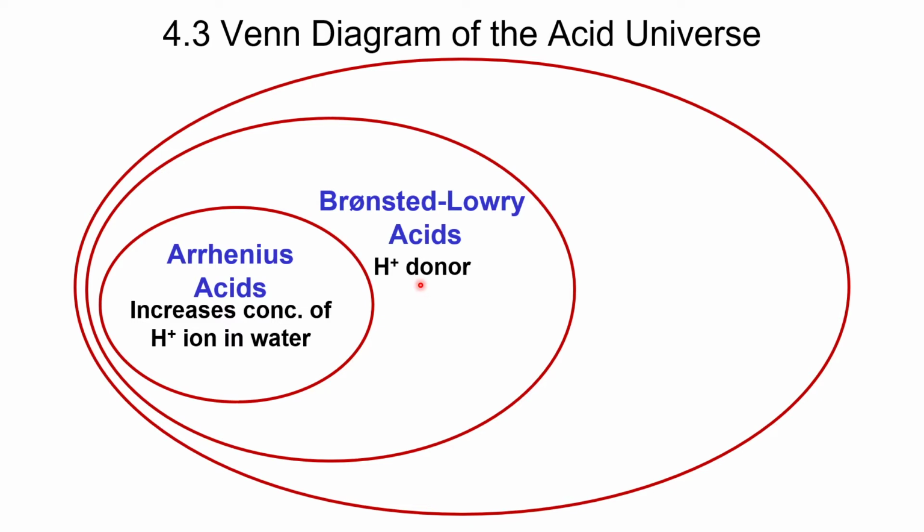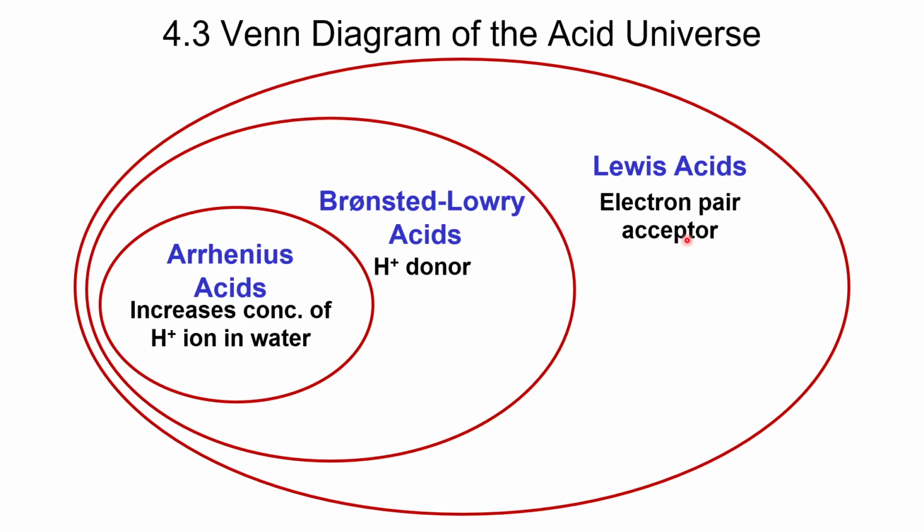Now, there is a broader category of acids that gets rid of the need to have hydrogen involved at all, and for those, we call them Lewis acids. Lewis acids are what we call electron pair acceptors. Now, we're not ready to talk about Lewis acids in any great detail because we haven't done the structures. We haven't looked at electron pairs and things like that in molecular compounds. So again, we're not ready to talk about Lewis acids. We will talk about that in the second half of the semester.